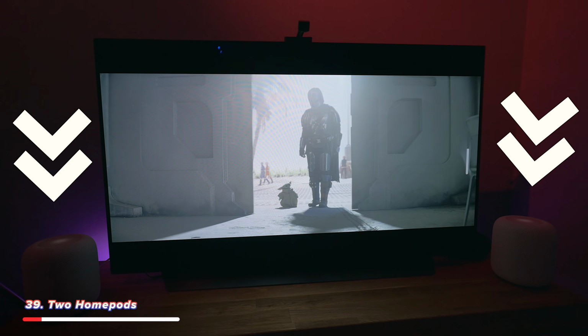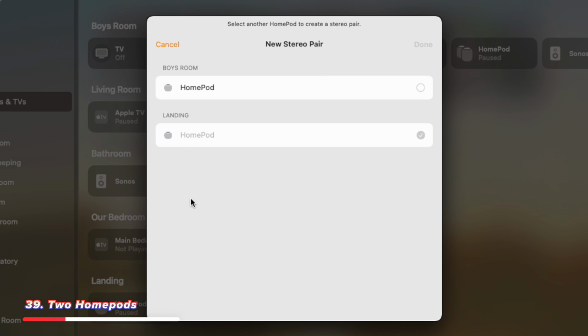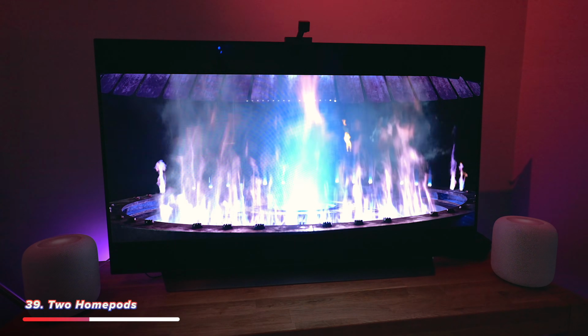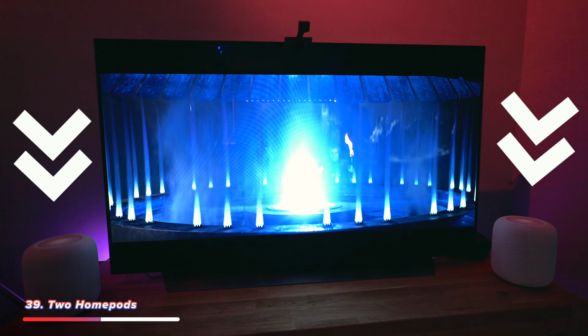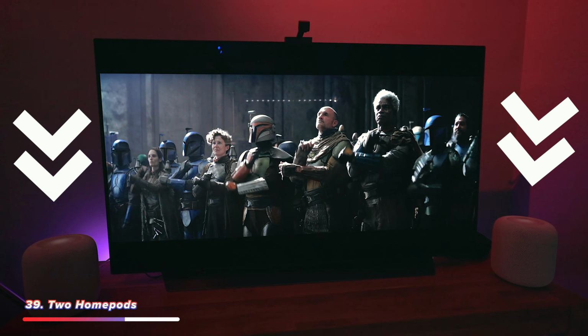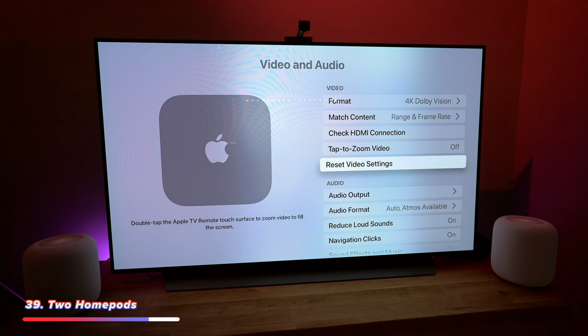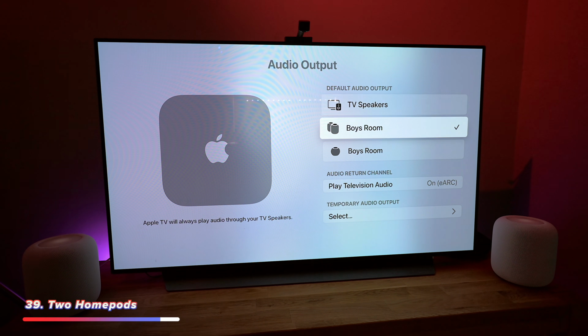Now, one HomePod sounds great, but if you get 2 HomePods or 2 HomePod Minis, you can group them to give you a stereo pair, and this is great for listening to music, but if you also pair these with an Apple TV, you can use the HomePods as your TV speakers, which will likely be much better than using the built-in speakers on your TV. Not only this, but if you connect the Apple TV to the audio return input on your TV, then you can also use the HomePods to play back audio from other inputs on your TV, like games consoles or using the built-in smart TV apps.